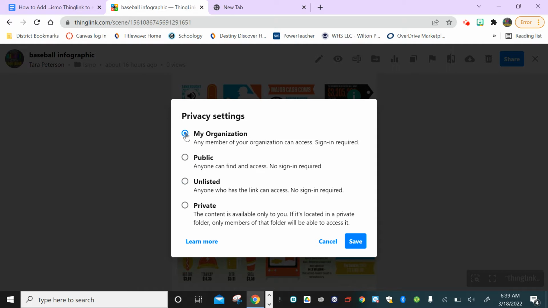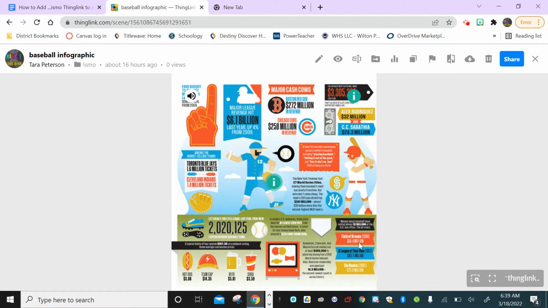Okay, so that's going to give other people the ability to interact with your Thinglink in your ePortfolio. So you probably are on My Organization. You're just going to click unlisted and then save. Now we need to capture the